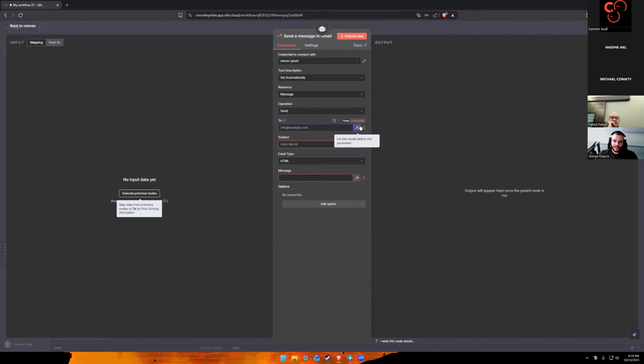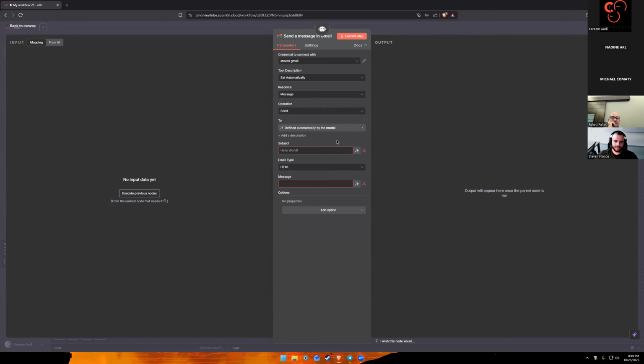There is a magical button here in N8N called let the model define this parameter. So here we have the two to put it let the model define this parameter, the subject also, and the message. Because here we will tell the model, for example, please send a message to Karim, reminding him of our meeting. The AI model with subject